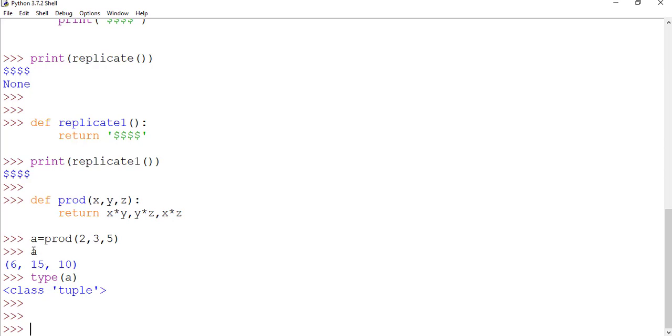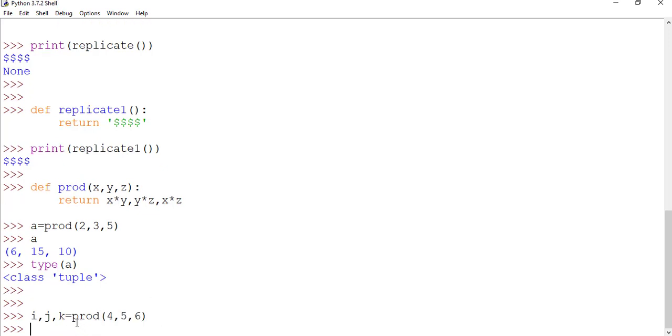We have discussed one thing in class 11 regarding unpacking of a tuple. What does unpacking of a tuple mean? It means we can get these three values in three different variables. How can we do that? We can write i, j, k is equal to product(4, 5, 6). What will happen? This function will get executed from here. The control will be transferred to this statement, and the values 4, 5, 6 will be passed here.